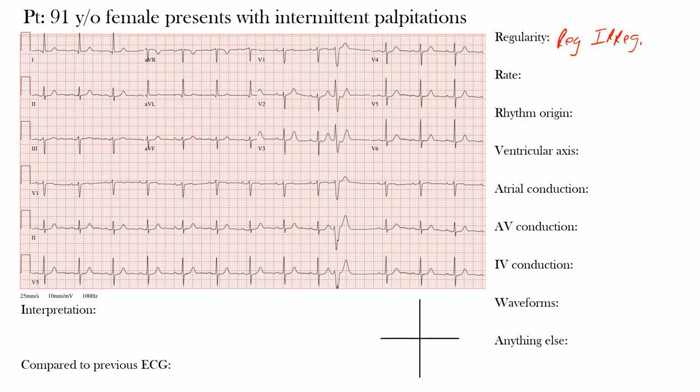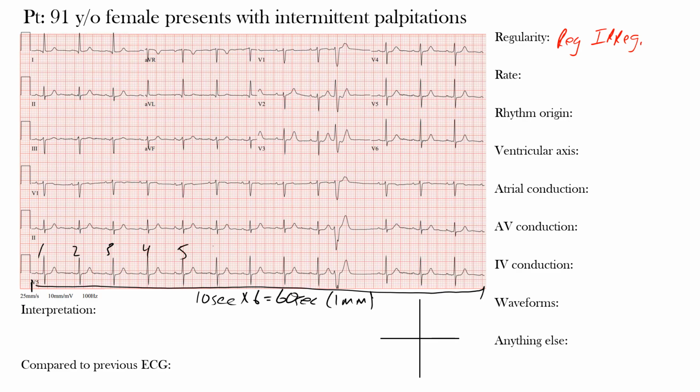So remember, the standard EKG from the beginning, from this point all the way to the end, represents 10 seconds. And if you multiply 10 seconds by 6, that gives you 60 seconds, which is 1 minute. So what we said is if we count the complexes going across, which we'll do now, 1, 2, 3, and notice we're counting the ventricular complexes. This is 4, 5, 6, 7, 8, 9, 10, we'll count that premature complex there, 11, 12,